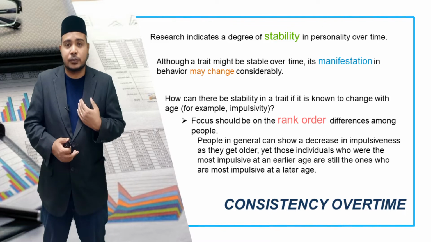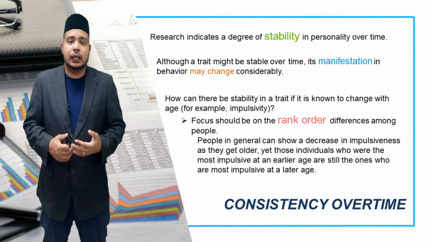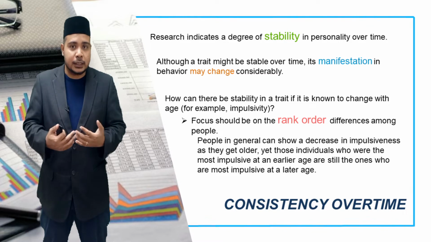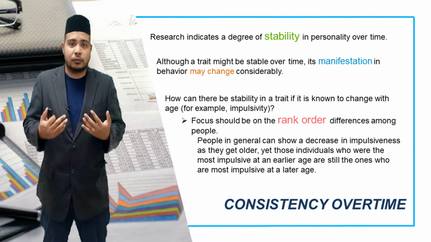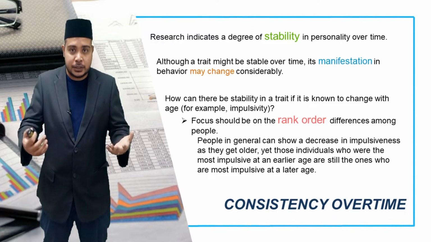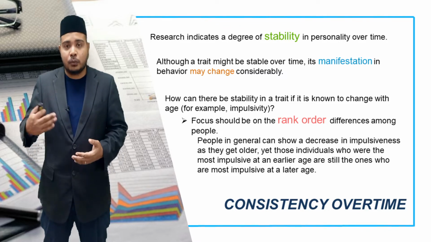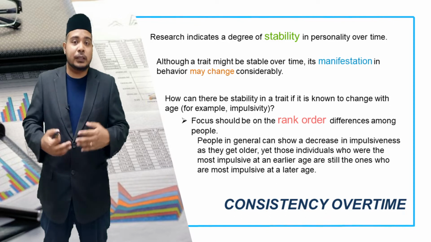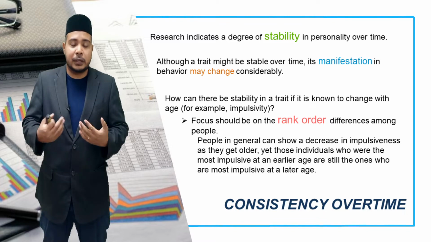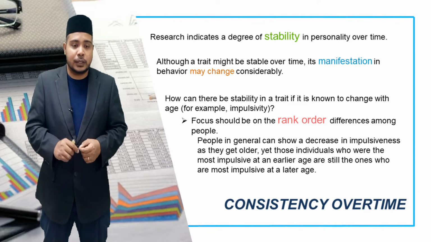Say, for example, I still consider myself shy, but the way I manifest my shyness, my tendency to feel afraid, social anxiety, being a bit reluctant to be the center of attention, might have a different manifestation. I behave differently. Why? Because we've learned more, we grow up, we have more experience, we're meeting more people. So there are other aspects that influence the manifestation, but the tendency is always there. The personality trait is always there.